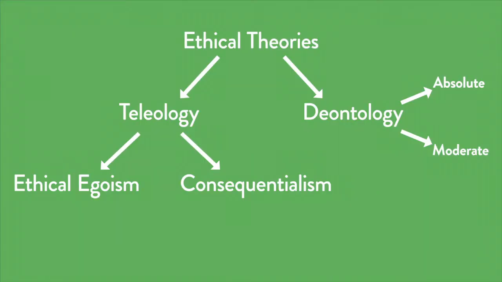And as the chart also shows, deontologists can disagree about how constraints work. You can be an absolute deontologist who says constraints may never, ever be violated. That's the absolute kind. Or you could be a more moderate deontologist who thinks that constraints have thresholds or tipping points where they can then be violated. But again, all deontologists agree there are constraints on action that limit what you can do. However you want to promote the good or whatever else you want to do, deontology agrees limits must be set.